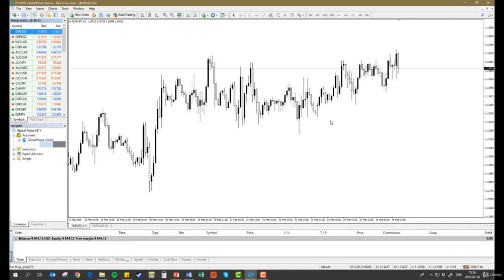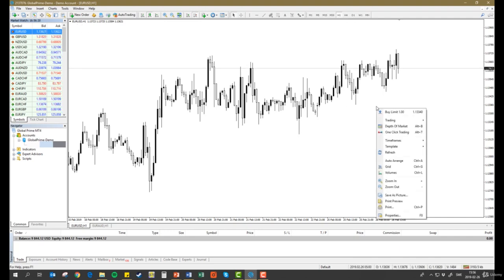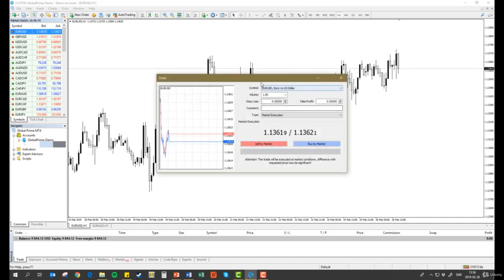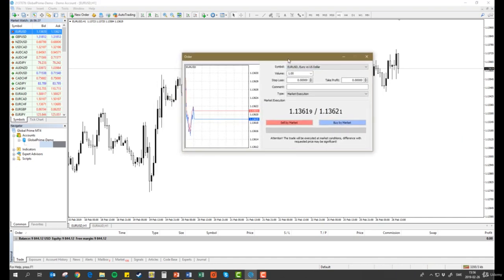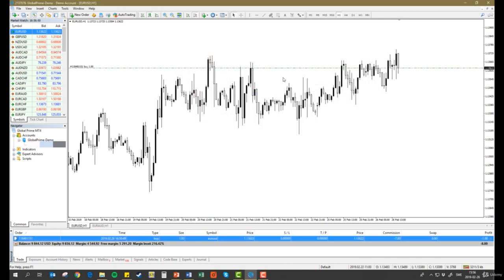The third method to get into a market order is to right click on the chart of the instrument you are watching, which in this case is the euro versus the US dollar. You right click it, press trading and new order, which again brings up the same order window. Now if you look up here, it says EURUSD, one standard lot, and if you would like to be a buyer here, you simply press buy by market and the order will instantly be executed. As you can see here, I'm now long from